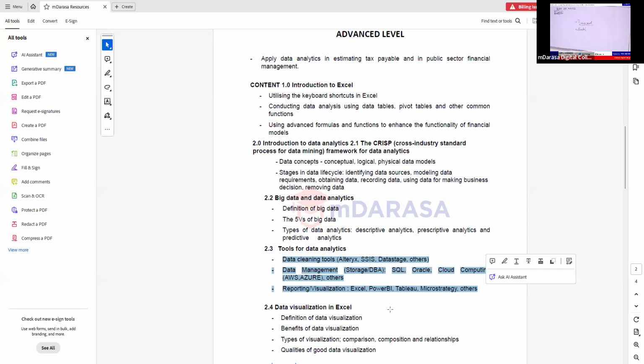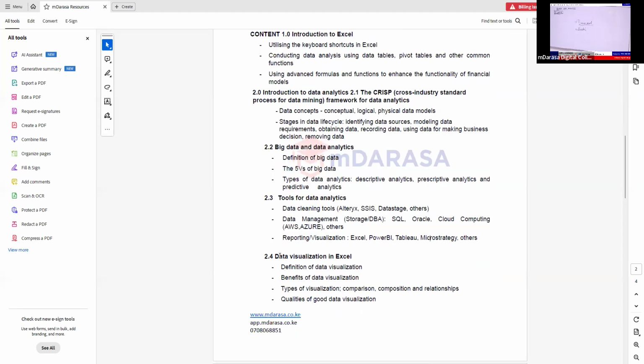So in this case, of course, we'll be expected to cover this for theory, understanding the concept behind these analytics tools, going ahead and also looking at how we can use some of these tools practically. Then when you come to the same topic, point number 4, data visualization in Excel, remember the whole idea here is for us to present our data.